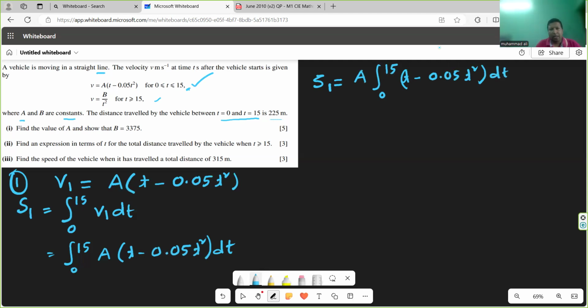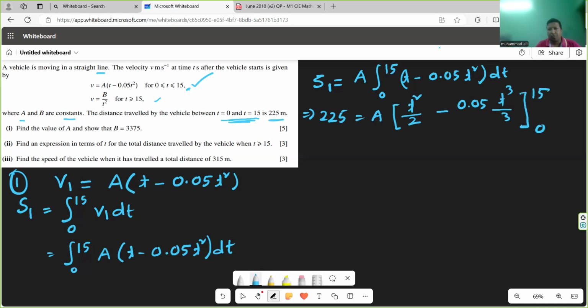Here they gave us the distance, 225, in this interval. So 225 equals a times, if we integrate t, we get t squared by 2, and 0.05 times t cubed by 3,